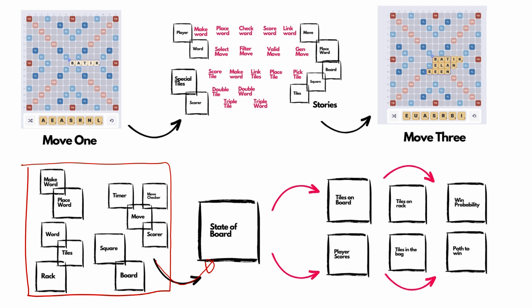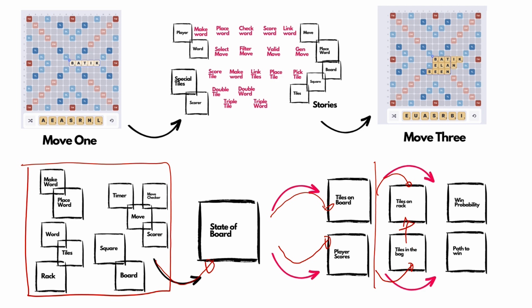And when we talk about the state of the board, how does it change? Two things happen. First, a tile is placed on a square on the board, and that tile is scored. So this is your first set of changes. Now, when you make this change, there are follow-on actions that have an impact. The number of tiles on the rack goes down by the number of tiles you placed on the board, and they need to be replaced. And then once they are replaced, the tiles in the bag also go down because they've now moved from the bag to the rack.